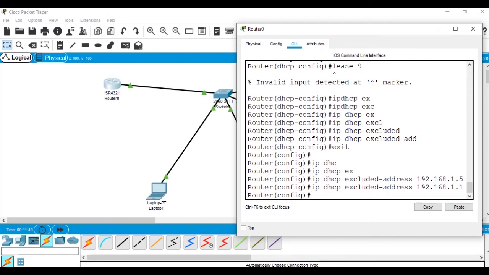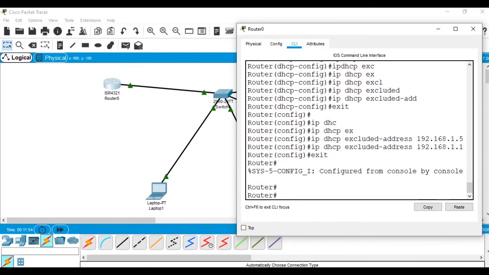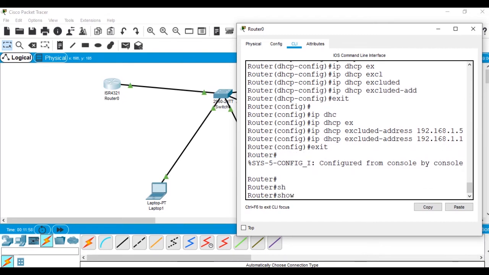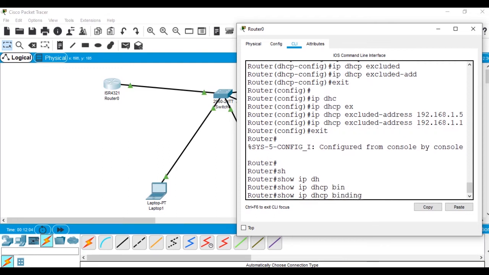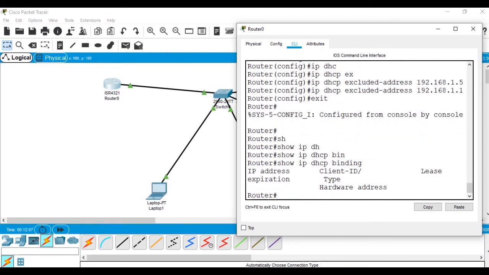So we have configured, exit. If you want to check whether DHCP is configured or not, we'll put a command, that is show ip dhcp binding. So it shows address, IP expiration, client type, and lease.